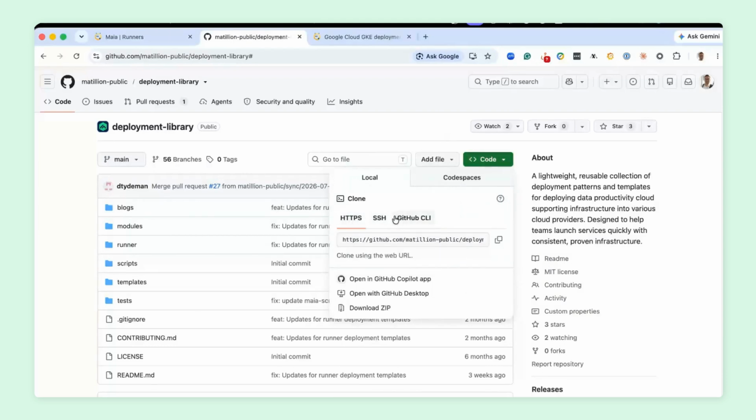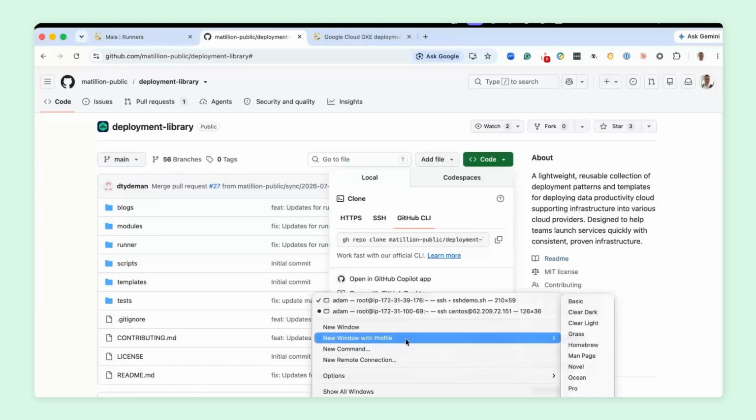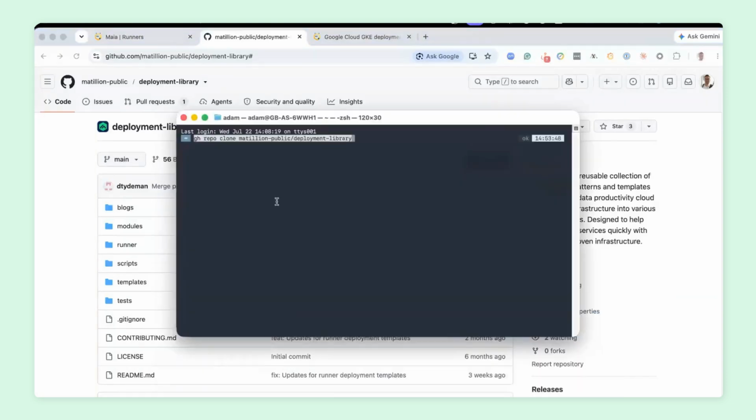We're going to pick the GitHub CLI, and in advance I've installed the GitHub CLI on my terminal. I'm using a Mac today, but you can also use Windows if you've got access to a bash or SSH prompt. I'm just going to click on copy the command here. I'm going to open up a terminal and then run the GitHub repo clone command to download the deployment library